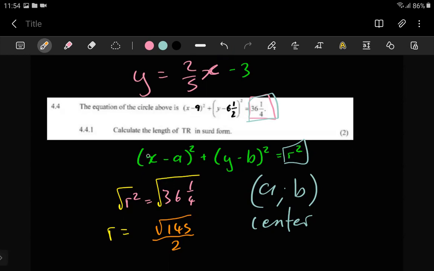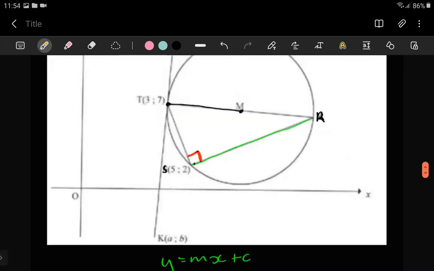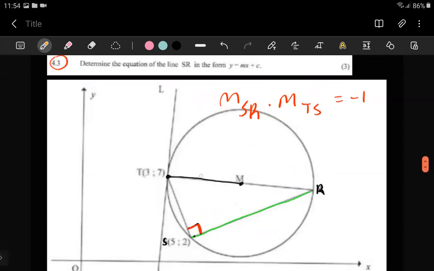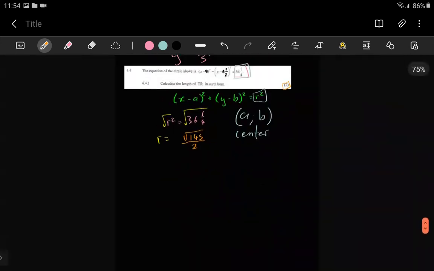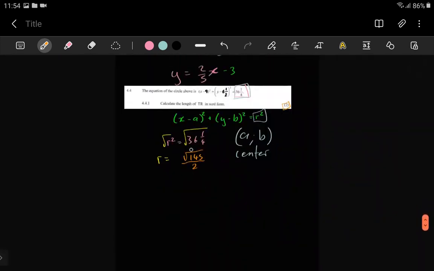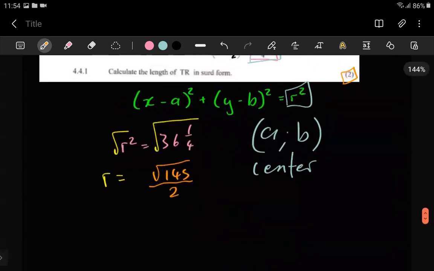But anyways, coincidentally here for 2 marks, they said we should calculate the length of TR in surd form. Where's TR? You see that TR is the diameter. And remember, the diameter is always double the radius, one radius, another radius length. And we already said we know what the radius is. The radius is this number. So TR